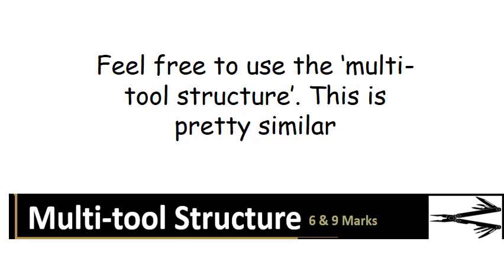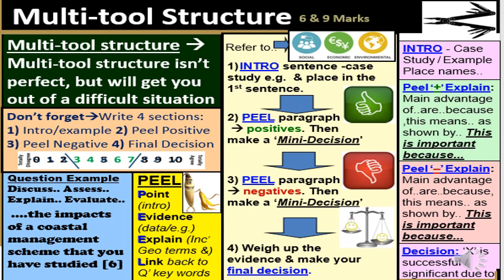For this question, you should have felt free to use the multi-tool structure as well. All of them work pretty similar, but today we will follow the multi-tool structure. So for example, for this question, you should have had a nice clear introduction to introduce the case study and the place name, then using appeal positive and appeal negative, remembering to add those mini decisions and mini conclusions at the end of each of those, and also including AO2 statements throughout, so this means that this is significant because, a knock-on effect. And then finally weighing up with our final conclusion and making sure to try and use short-term and long-term in there. You may wish to pause at this point and familiarise yourself with the multi-tool structure before moving on.